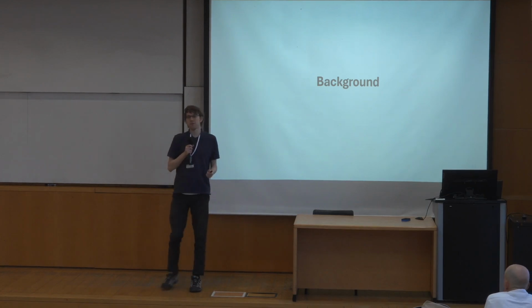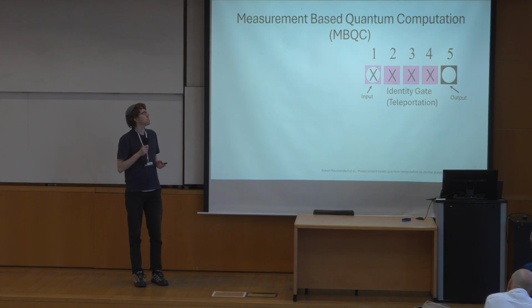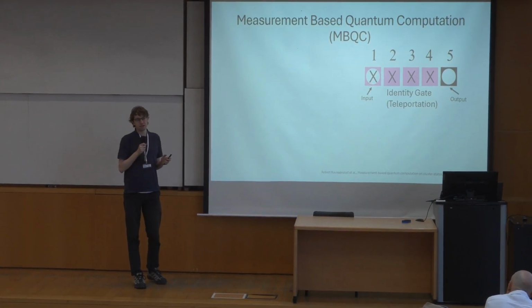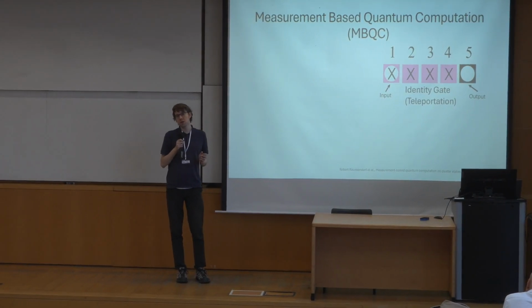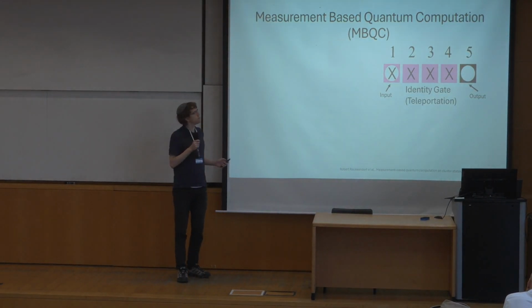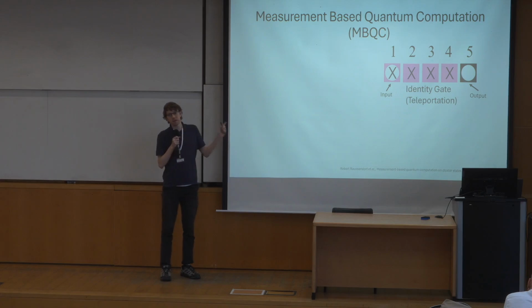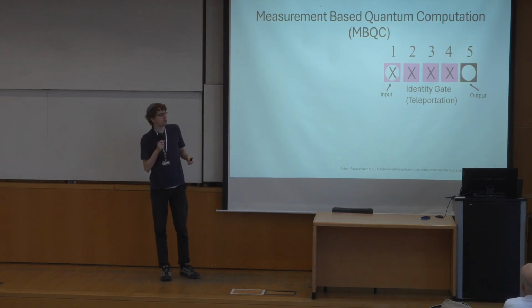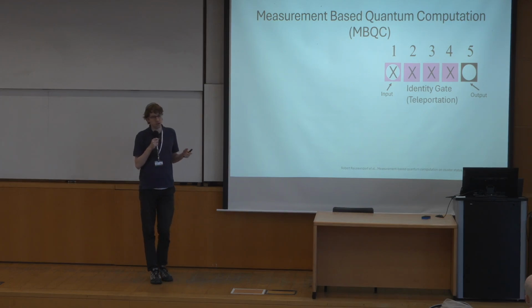So let me start with a background. I'm working in measurement-based quantum computation. It was introduced earlier, but I want to reiterate exactly what this model is. The idea is that instead of using circuits to do a computation, one can initiate a set of qubits called the input ones, have dedicated output qubits, which we know in advance, and measure the qubits one after another after they were initiated in some special states to create a computation from that.